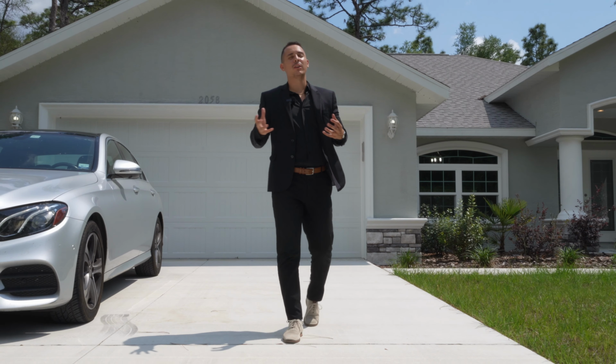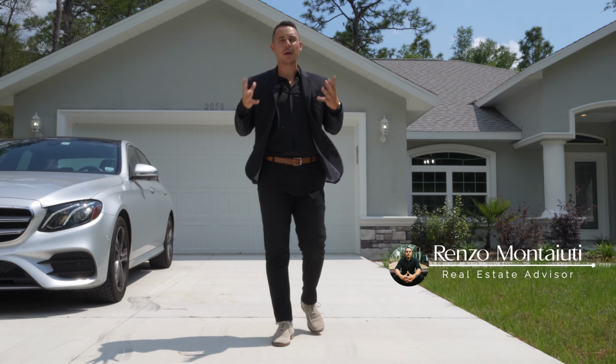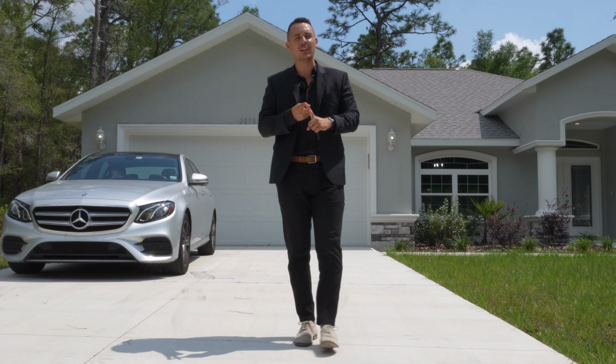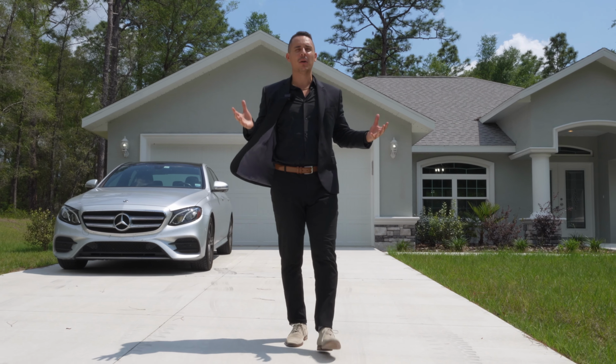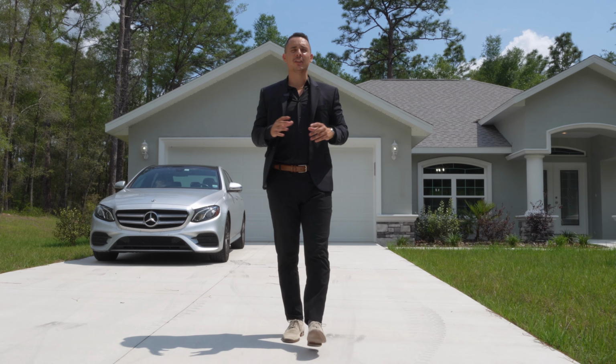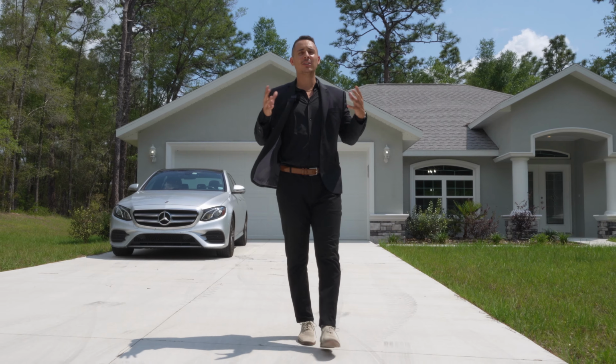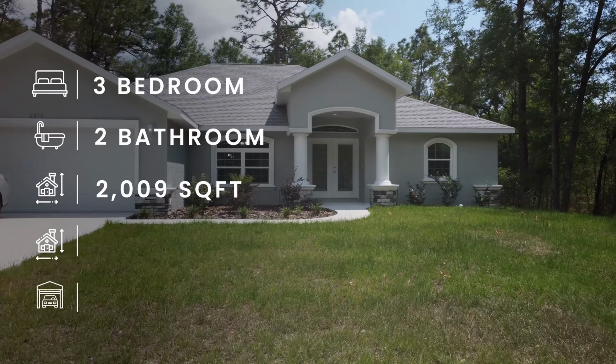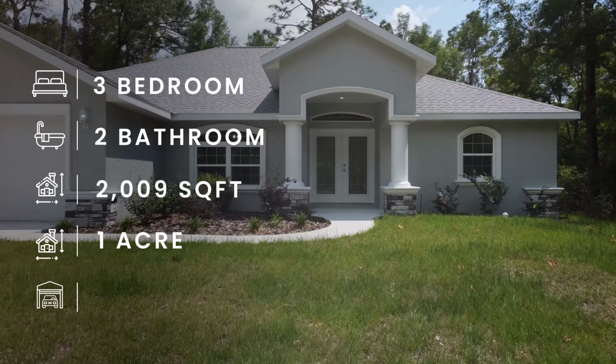So here we are in front of the property, my friends, but before we step inside, I just want to make sure you have a lot of the details about the home, the location, where we are, and what's nearby. So first and foremost, let's start with the specs. The specs on this home is going to be 3 bedrooms, 2 bathrooms, 2,009 square feet, situated on this beautiful